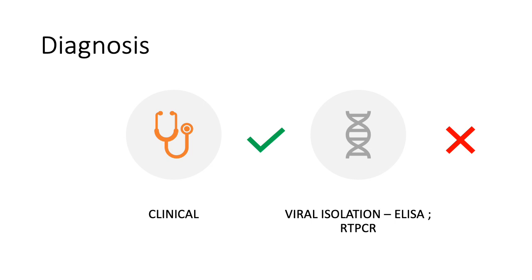So how can we be certain that it is caused by RSV or any other etiological agent? We can take nasal washes or swabs and do an ELISA or RT-PCR for viral confirmation. But whatever the result of this viral confirmation test may be, it does not change the management of acute bronchiolitis. Hence, it is not recommended. On the basis of clinical diagnosis only, we can start our management of acute bronchiolitis.